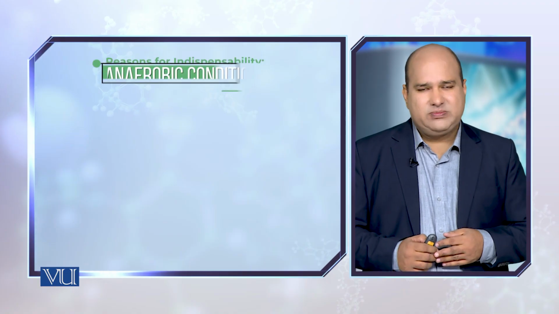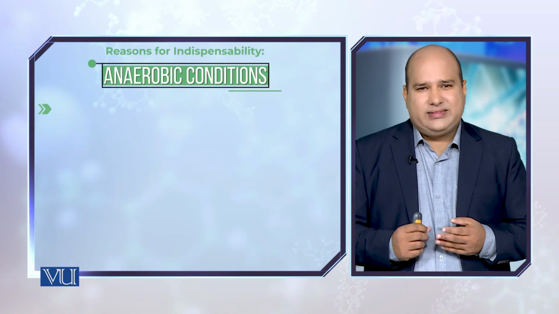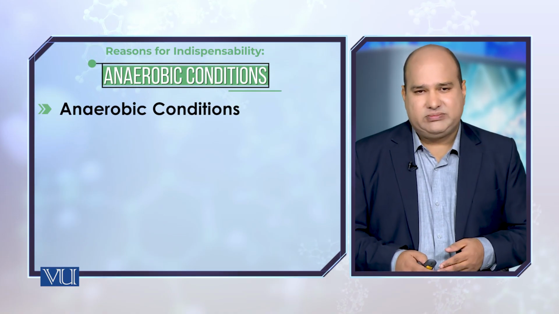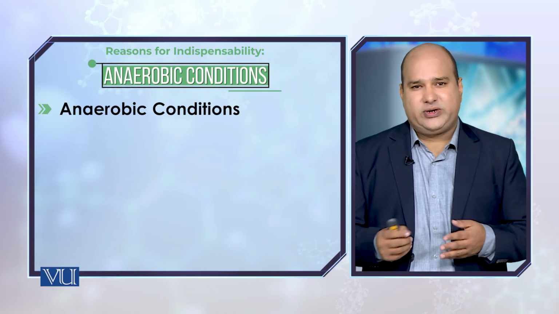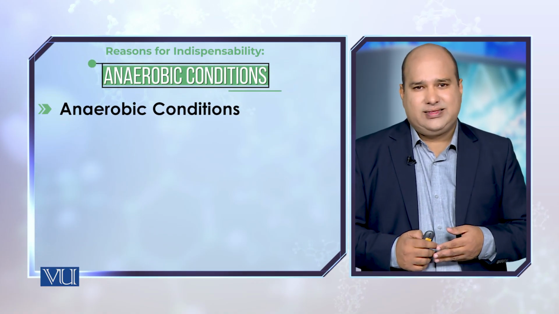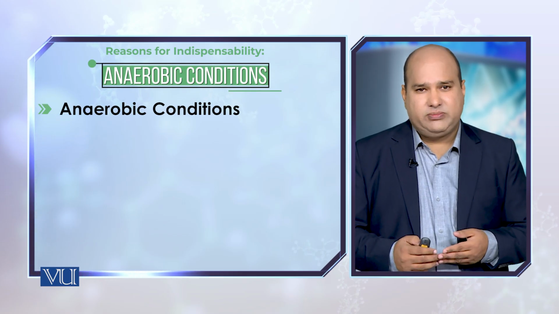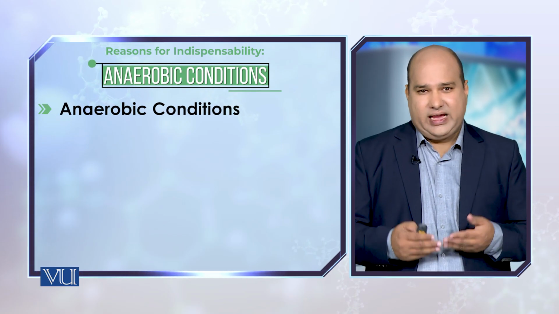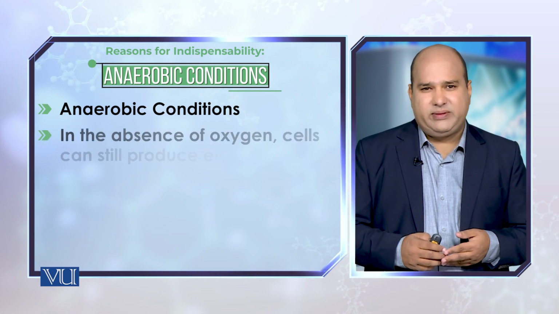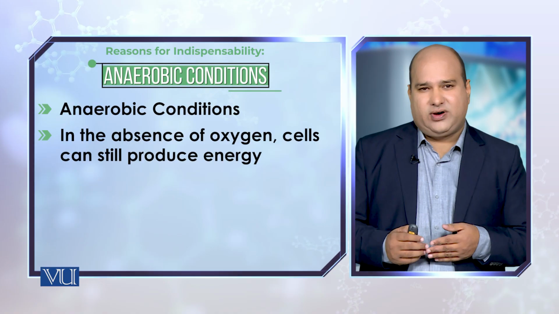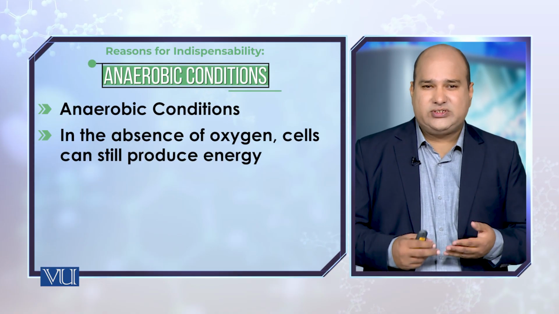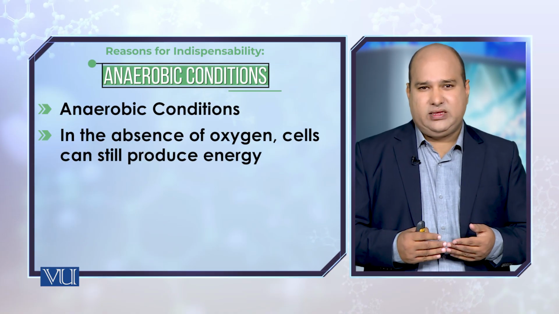It is indispensable because the organisms which don't have, for instance, mitochondria, so aerobic respiration cannot happen, because they can't make use of oxygen. Then how will they produce energy? Because you have learned that the electron transport chain depends upon oxygen for the formation of ATP. So, in the absence of oxygen, there are certain organisms which still can produce ATP because of the